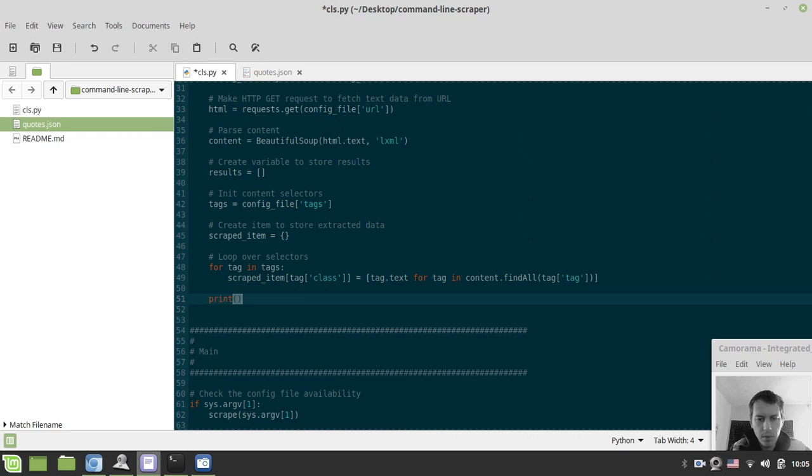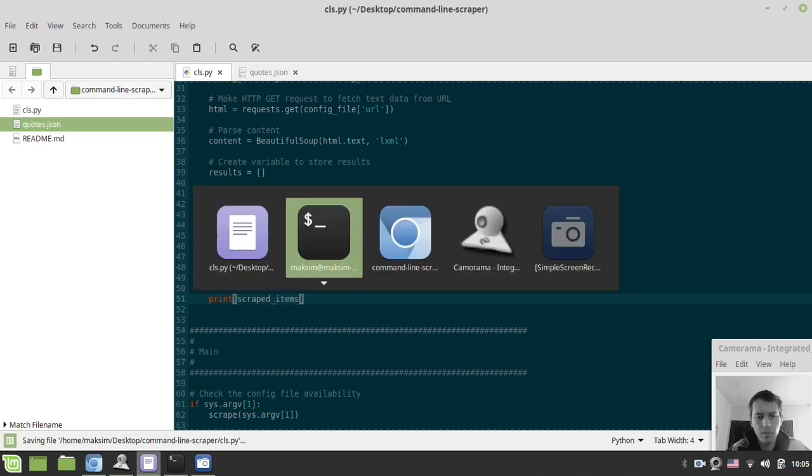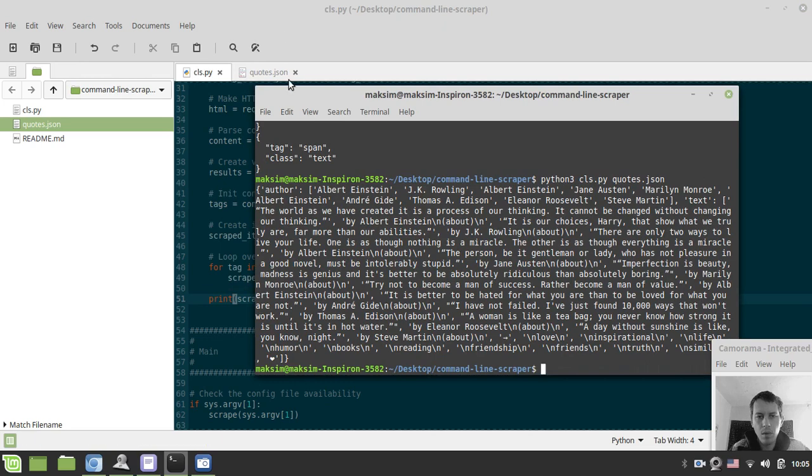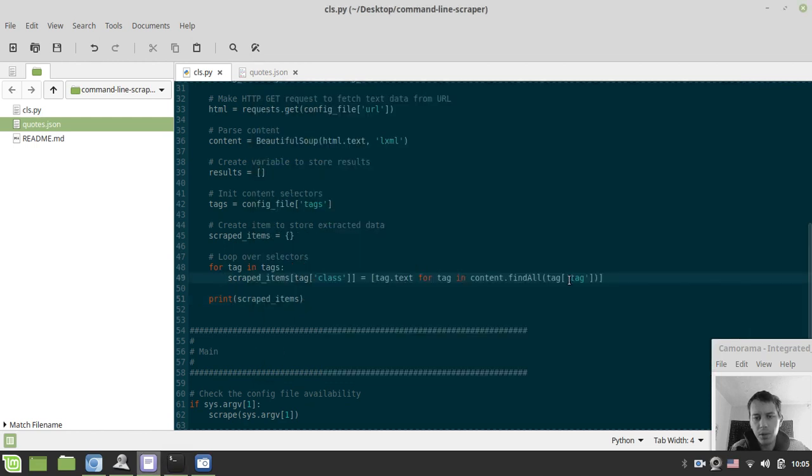Let's actually print scraped item. Scrape items like this. Okay, so author. Why Einstein goes twice? I'm not sure. Oh, that's because I didn't specify actually the